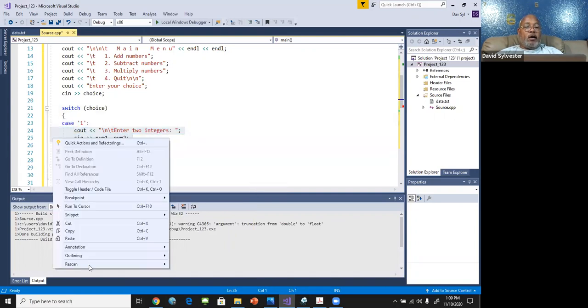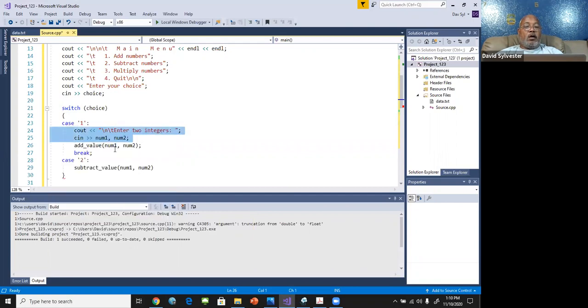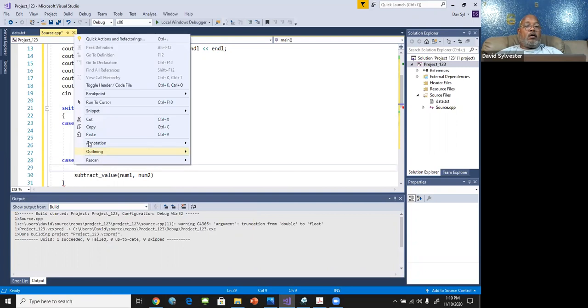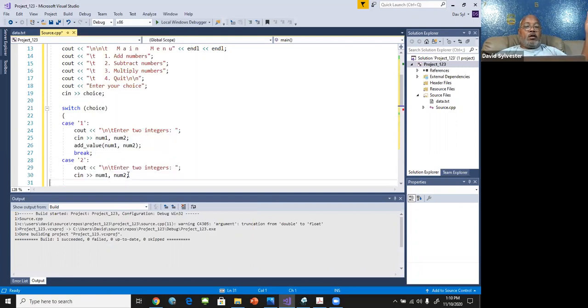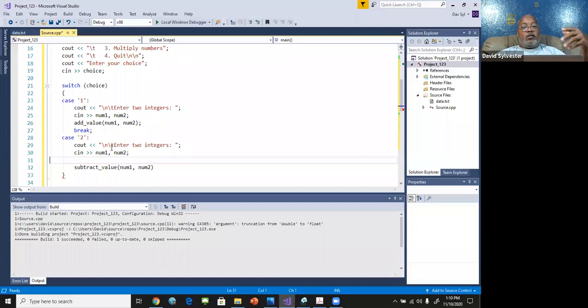All right, but before I do that, I'll do this. All right, copy this and paste this here. All right, okay. So what I'm doing each time, if it's 1, I'm gonna do 2 numbers and then break. I will call the function and break. All right, break. Oh, I forgot to put my semicolon here. Okay, and then case